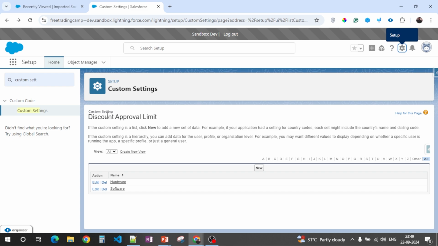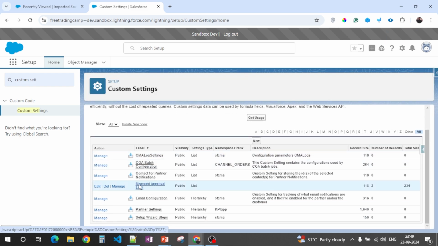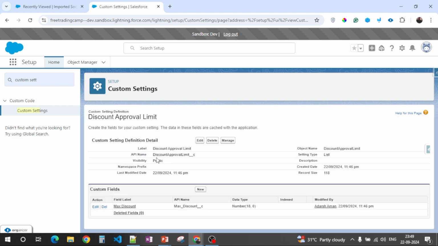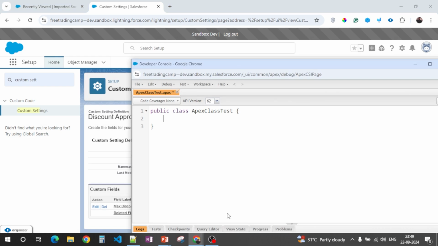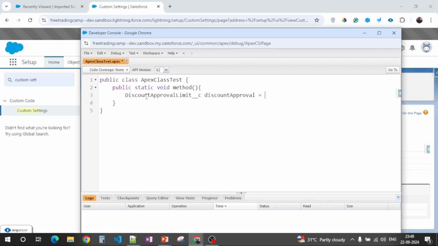So if I go back into custom settings and open my custom settings, you'll see the API name, right? So this is the API name. So this is what I'll give it here. Okay, so we'll give the API name, we'll declare it discount approval, and now we want to fetch it.